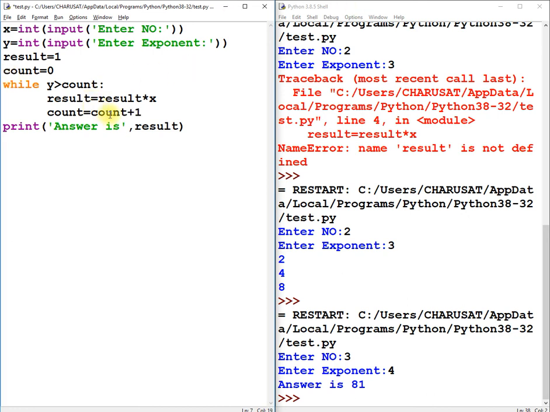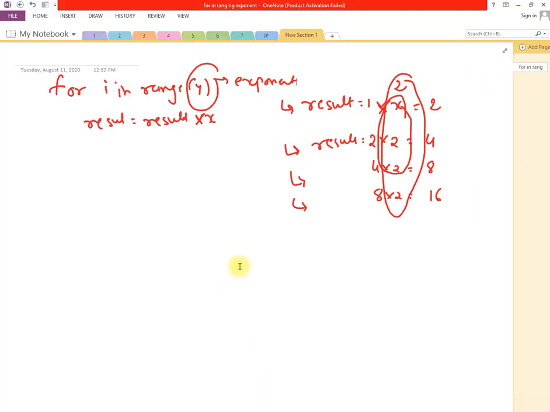Once the execution is completed for one time, I'll update my count with 1. Let me explain that. What I'm doing is I have four variables now: x, y, result, and count.